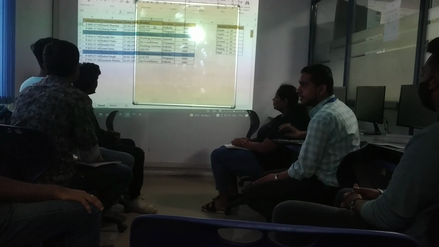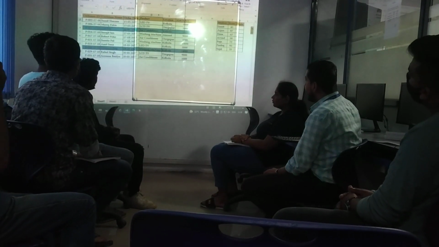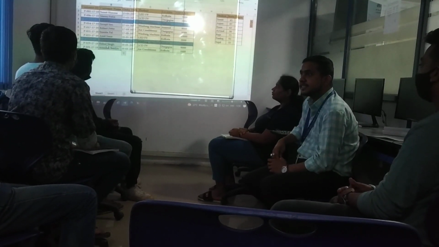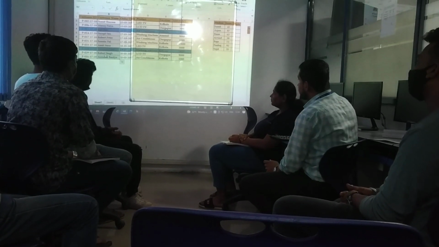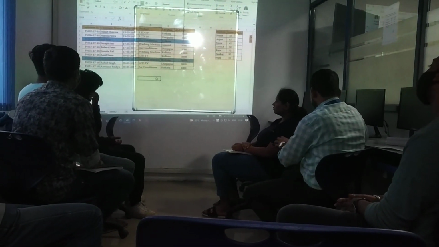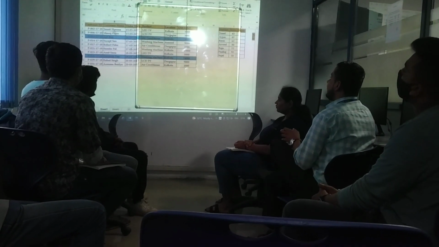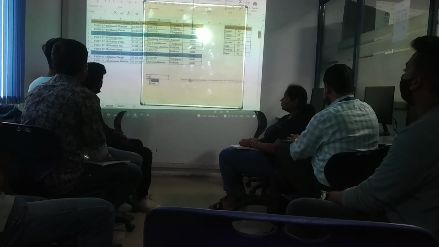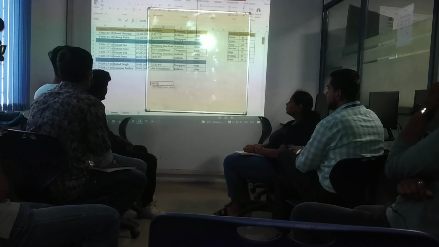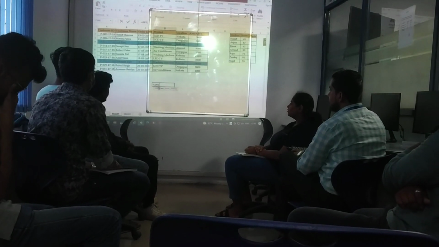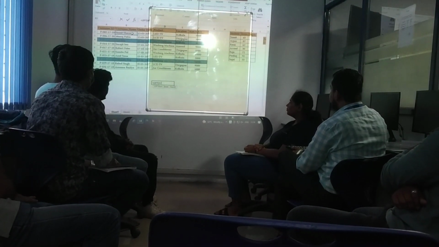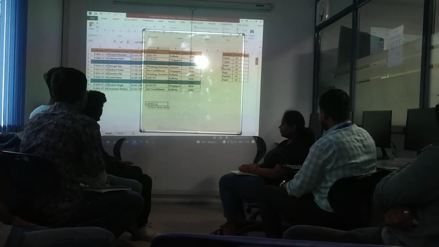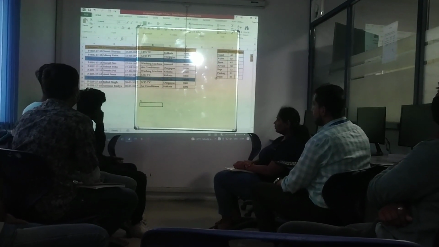Okay. Now the next question is, suppose I want to highlight the data which starts from the character S. So how can we highlight that with a formula? See, first of all, we have to find the S character, right? So there is a formula called LEFT. Is equal to LEFT, text is there, we can select the text, comma, we need the first character, right? So we'll write 1, bracket close, enter. So we are getting the S.